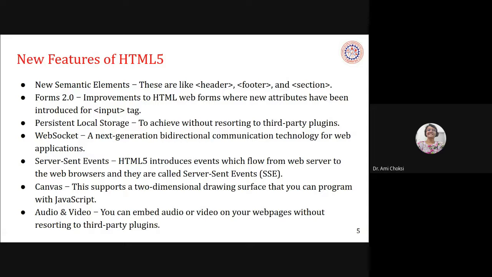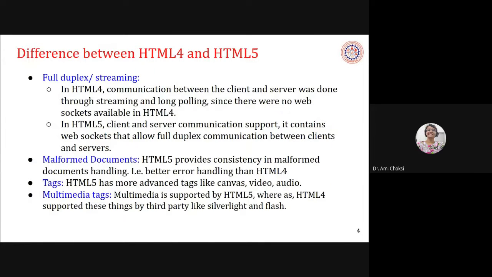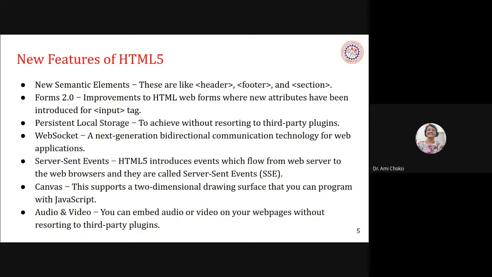So in both ways I have given you the title. First, I told you the difference between HTML4 and HTML5. And second, this is also part of the same topic; it is said as new features of HTML5. You may ask why these two titles. So you can have the idea that both are the same thing. And whether the question is asked for new features or for the difference, we can write that. Okay.